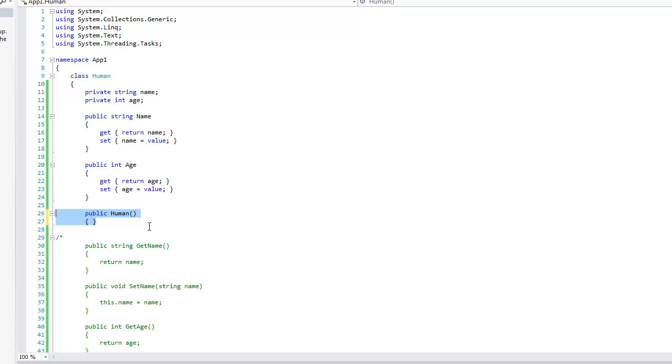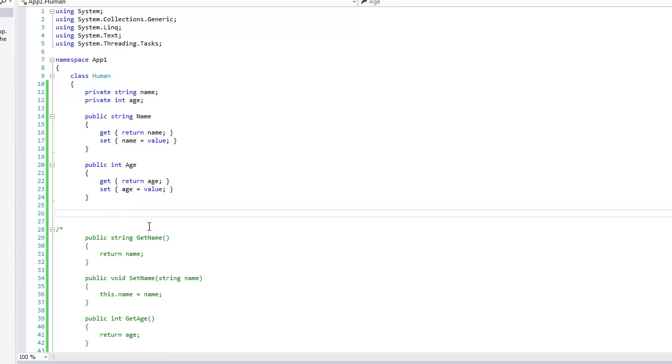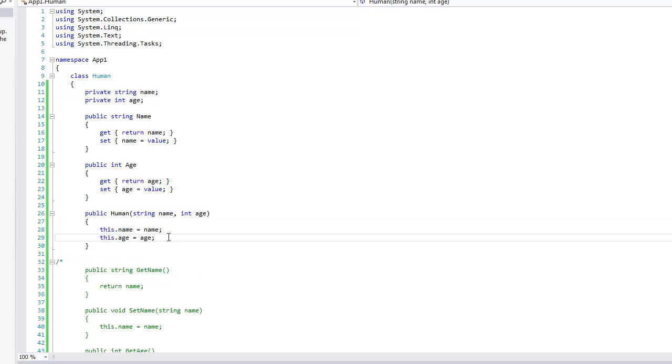The catch is that once we create a constructor, as we did, we're telling the compiler, hey listen, I don't want you to add a constructor without parameters anymore. I'm in charge. I will decide what type of constructors I'm gonna define.